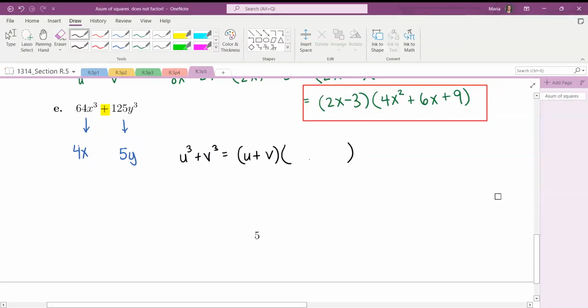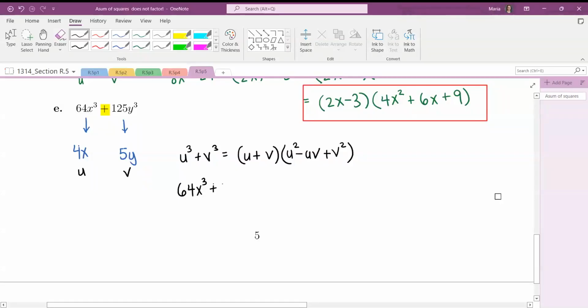And then for the next factor, you're going to square these guys. So you're going to have a u squared and a v squared. The last sign is always going to be positive. To get the other sign, you're going to swap it with this guy. So the opposite here is going to be minus, and then you need to multiply the u and the v together. So that's the formula. This is your u, this is your v. Okay, so if we write this out,